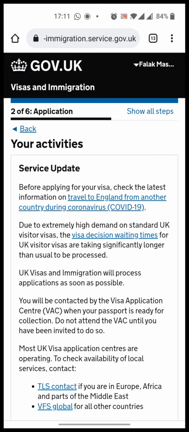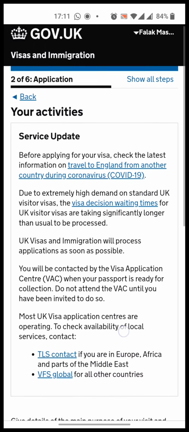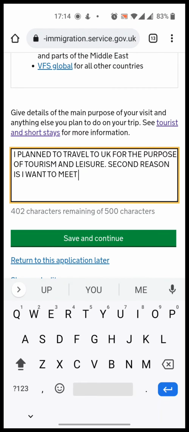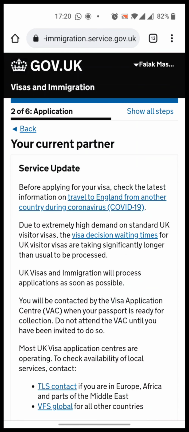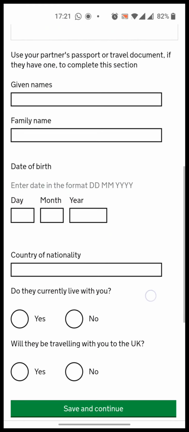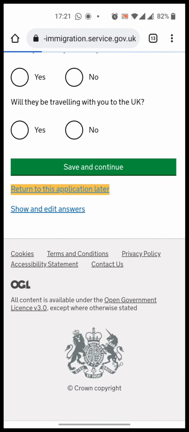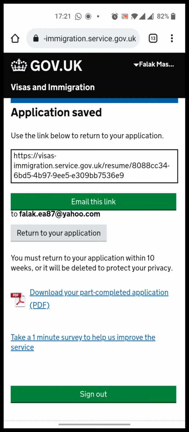Write down the purpose and all the activities which you want to do in the UK in this column, and then press save and continue. In this section you now have to write the details of your partner. Let's suppose your wife, so her name, passport details and so on. And if you want to return to this application later on, press this button, return to your application, and